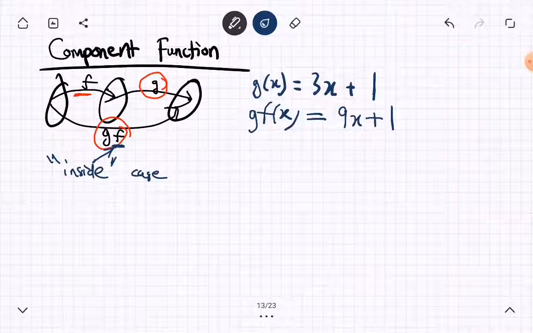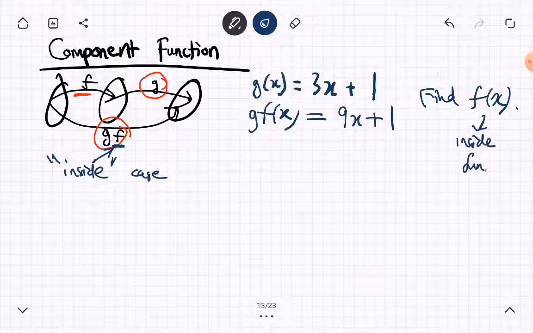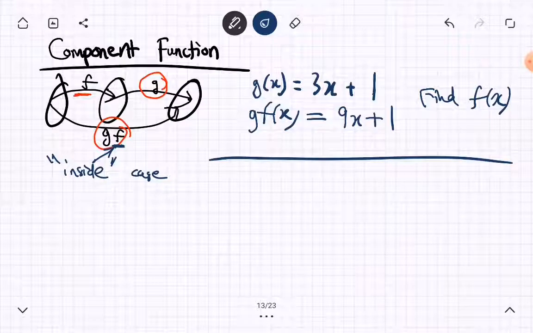Nice. Now I want you to find f(x), the inside function of g(f(x)). This is not important, so I'm just going to delete this to save space. Okay, now the point is,